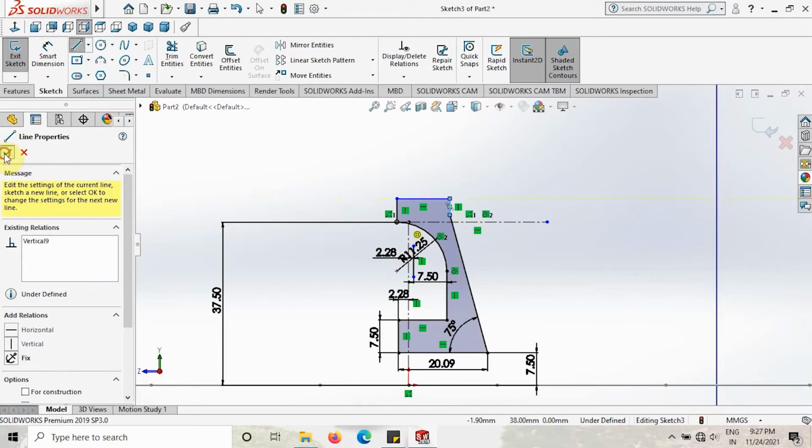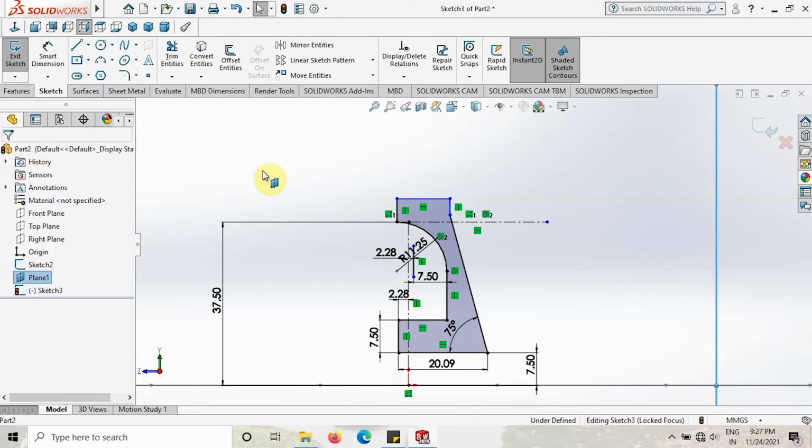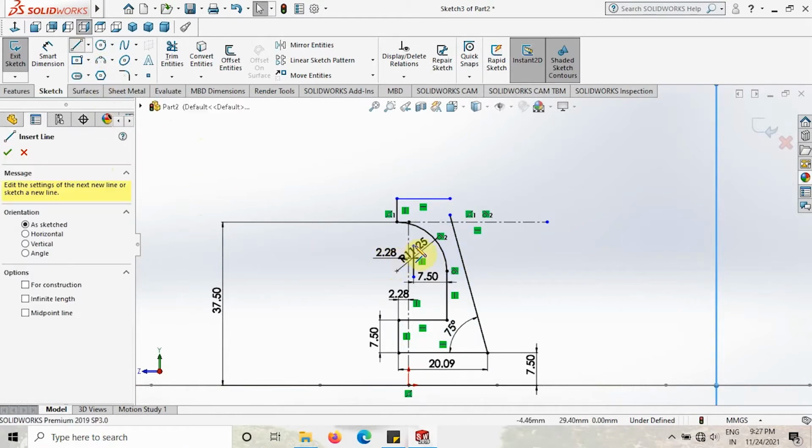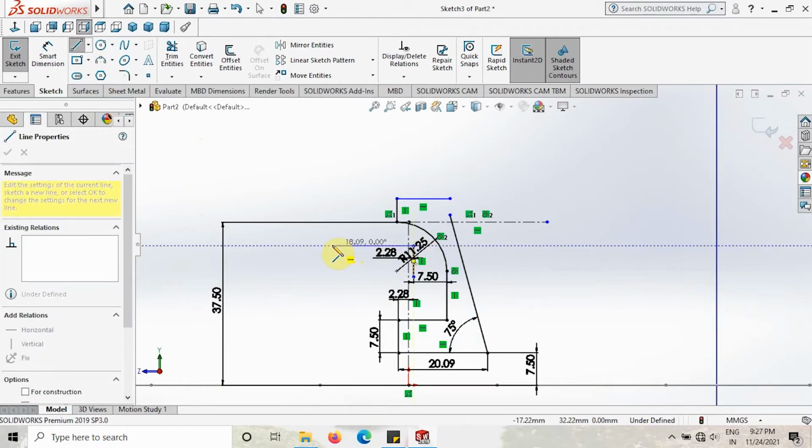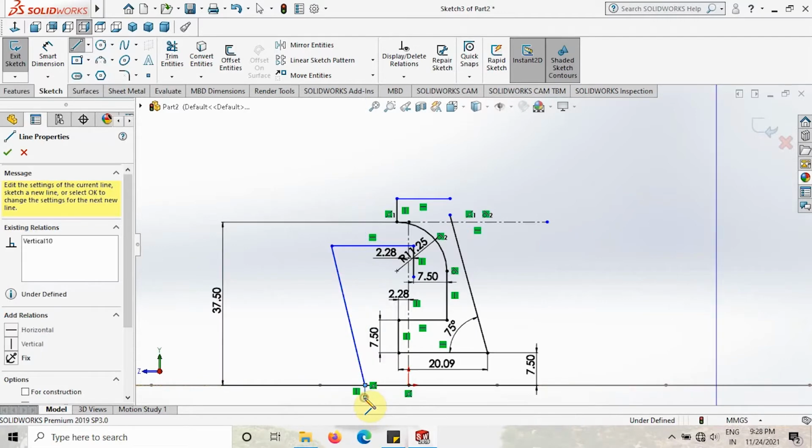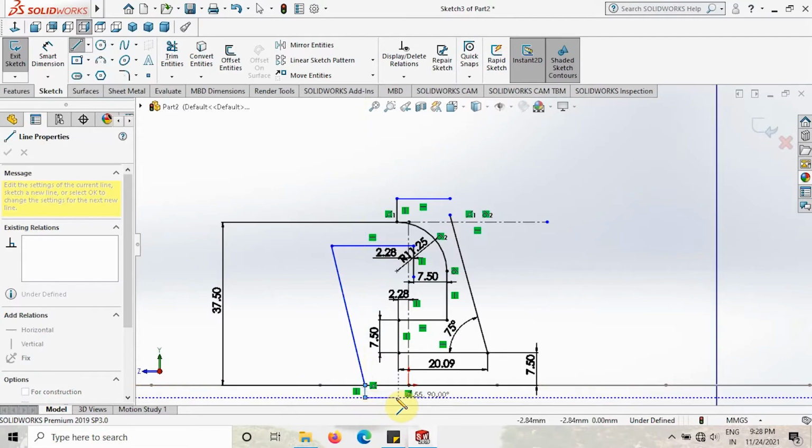And give OK. We have to create one more profile same as this on the opposite side. Take the line option and create a horizontal line like this and one inclined line like this. Then we will extend a little bit and one horizontal line, join it here,